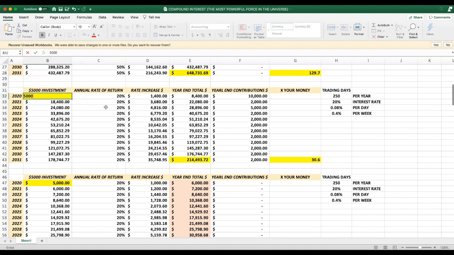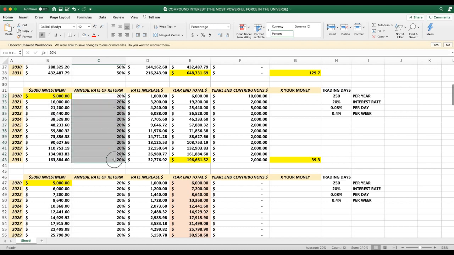Here are the numbers you want to be adding in. You want to basically put your initial investment in yellow, and then your annual rate of return that your goal is. And every year you will plug the actual number into these charts, so you can see really where it's going. And if these numbers are off, if you're like, wait a minute, my year-end total is not the same in my account, well, it's probably because you took out some or you added some that you didn't remember you did. So you always want to keep track of all your contributions. You want to always have a net gain on that.